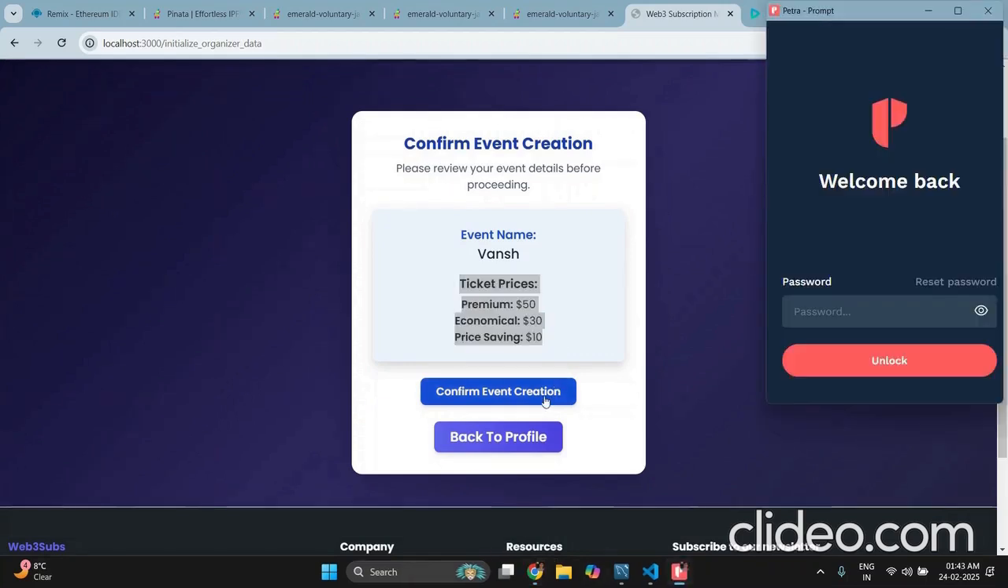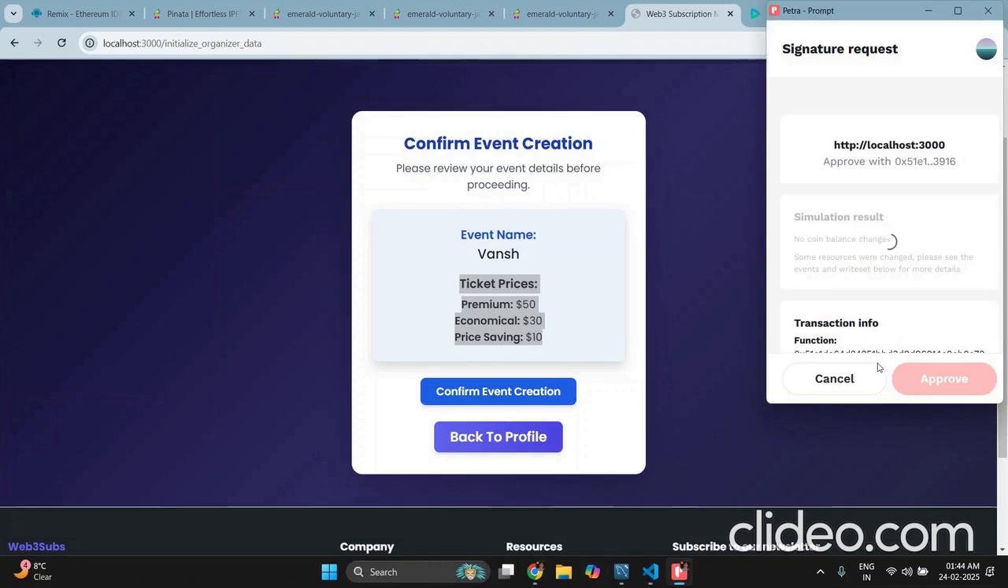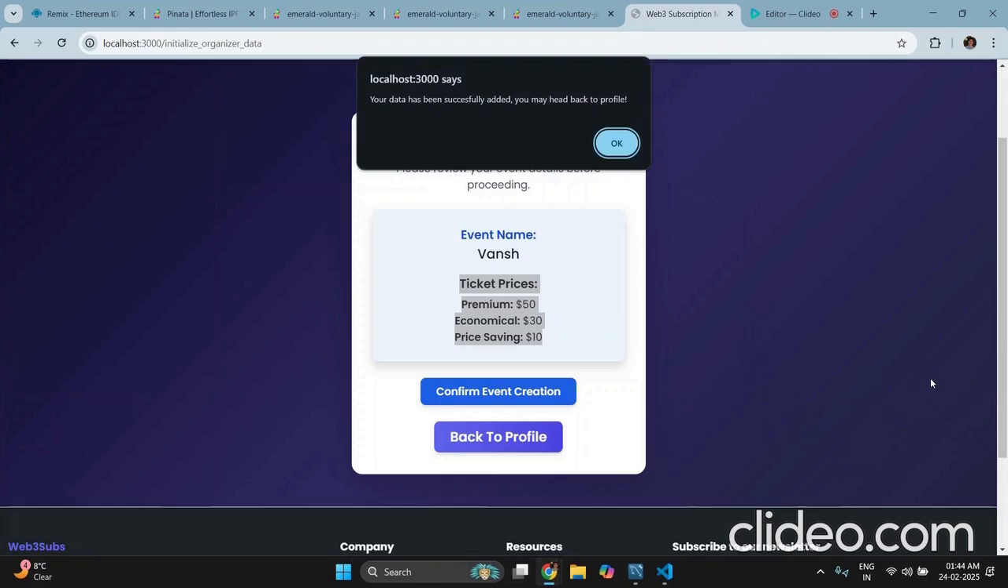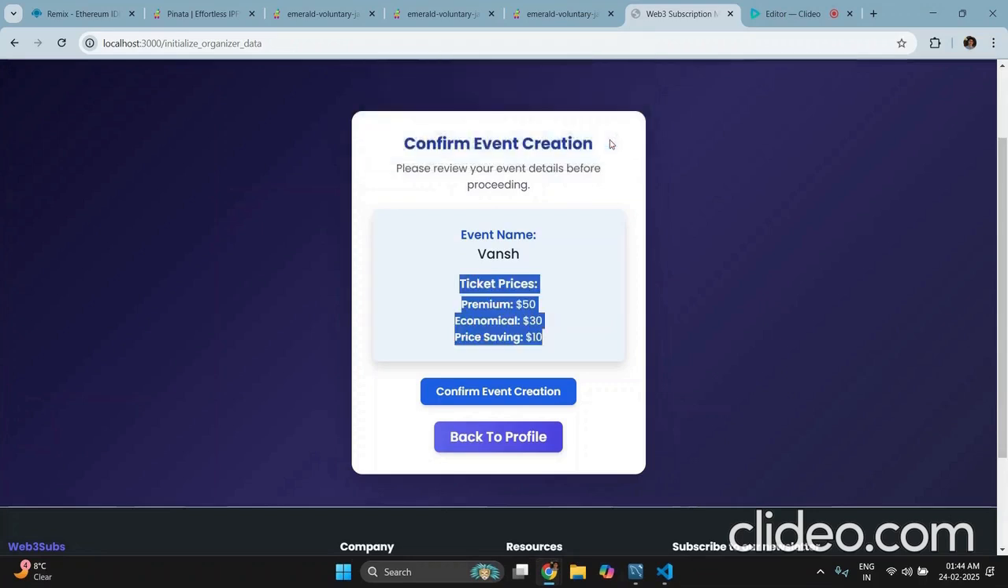This creates a pop-up for our Petra wallet. So the user will be required to unlock this and approve the transaction. So basically, whenever we make any changes to our blockchain, we need to approve transactions via signing. Here you can see that we've got the message, your data has been successfully added, right? So if we head back to our profile section,